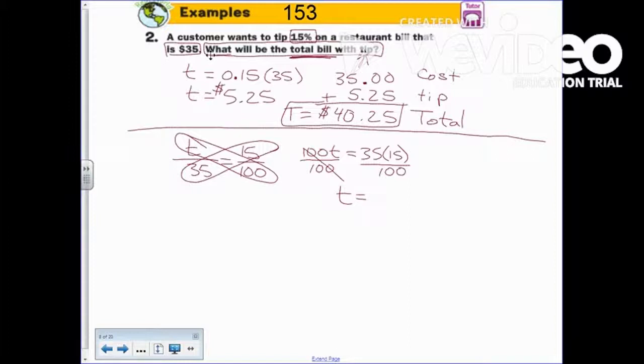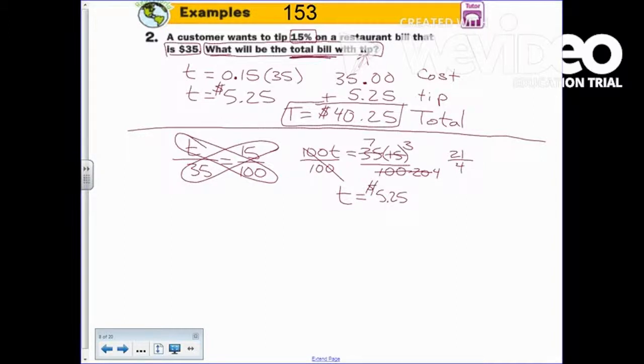See if I can do this one mentally. 5 goes into 100 20 times, and into 35 7 times. 5 goes into 20 4 times, and into 15 3 times. And that gives me 3 times 7, which is 21, divided by 4. I just wrote 24 instead of 21 divided by 4. And that gives me $5.25,